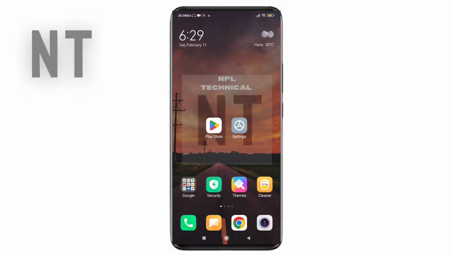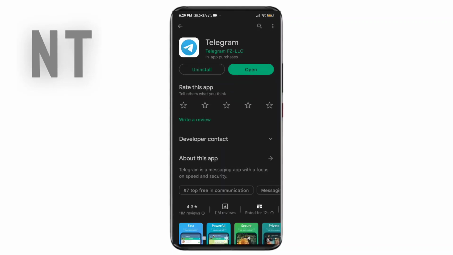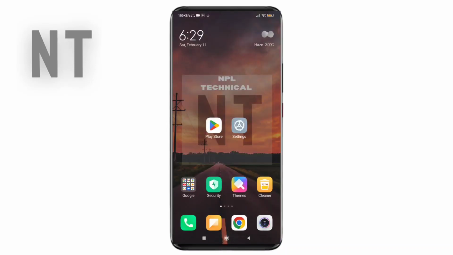First of all, you need to update your Telegram app. Open Google Play Store on your device. Search Telegram on the search bar. From here, you need to update your Telegram app. If it is showing an update, you have to update it. If not, then you need to try out the next method, which is